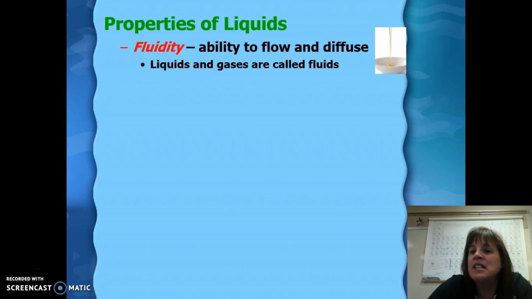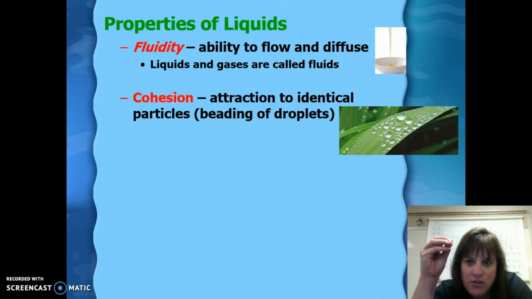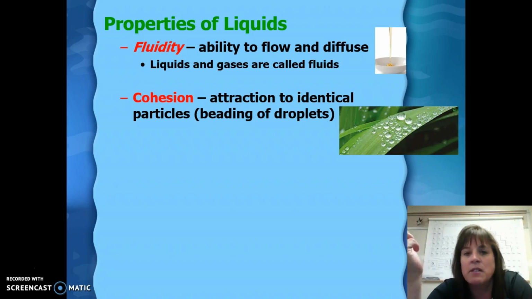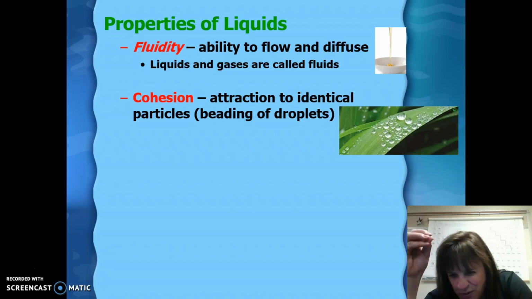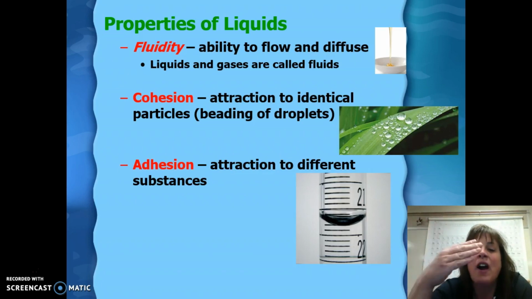Fluidity is the ability to flow and diffuse. So gases and liquids are both called fluids, so they all have a measure of fluidity. Cohesion, I just talked about cohesive forces in surface tension. Cohesion is the attraction to identical particles, so like the beading of water droplets, which is also like surface tension. Adhesion is the attraction to different